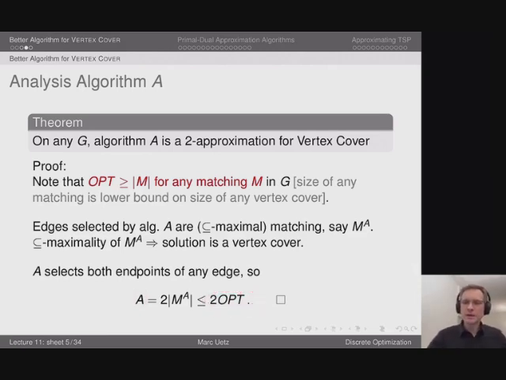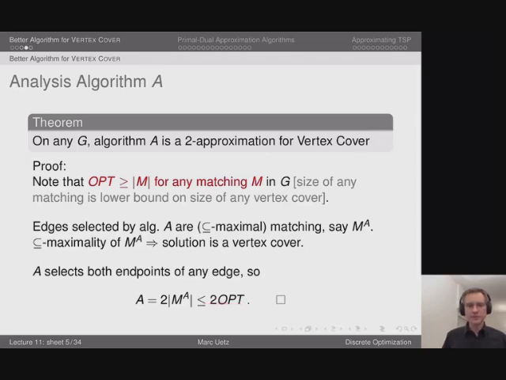proof. So indeed, even though the algorithm is a bit less intuitive in the sense that when I have an edge and I select an edge, I select both endpoints, even though to cover this particular edge, I would have to select only one of them. This algorithm gives a much better approximation ratio than the greedy algorithm from the last lecture, and the whole analysis is also much, much simpler. So that is also the message: working with lower bounds can simplify life considerably and sometimes even give much better